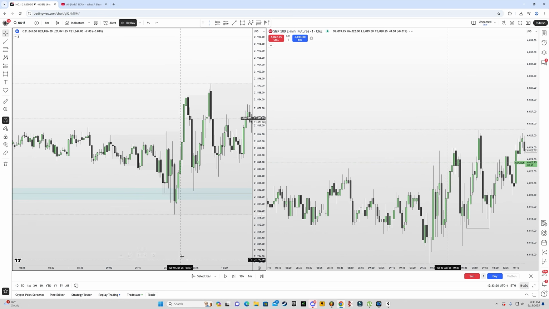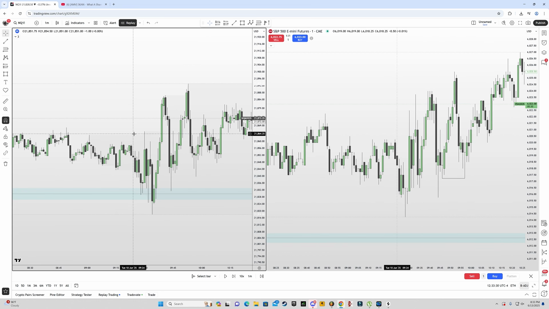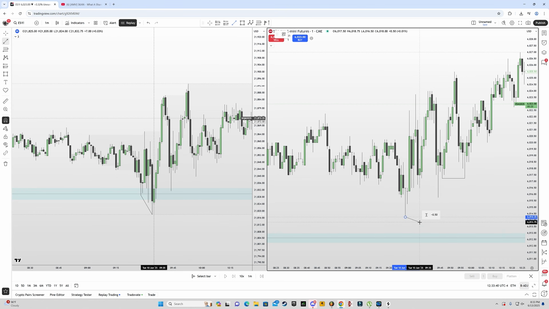Now here was the market open. So let me just go here. Okay, so we have the market open right here. Price pushes down once again inside the fair value gap, and then we get an SMT divergence. So the SMT divergence would be somewhere around here. Okay, cool. So notice how we made a lower low on NQ, but we failed to do so on ES. Now, what I looked for was V-shape inversion.